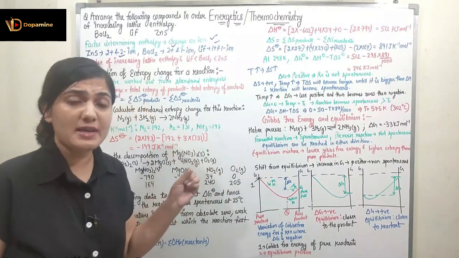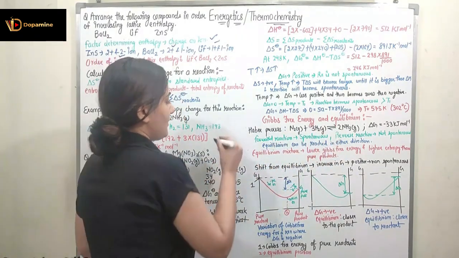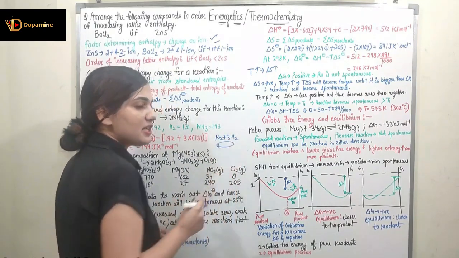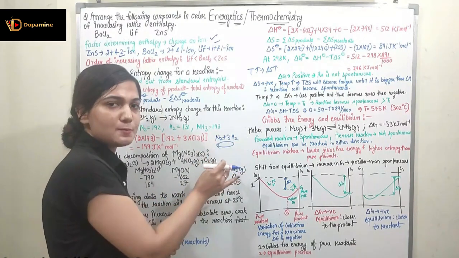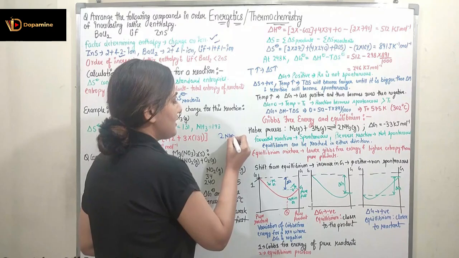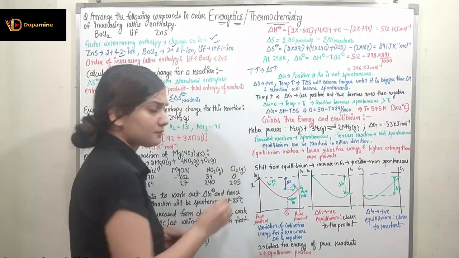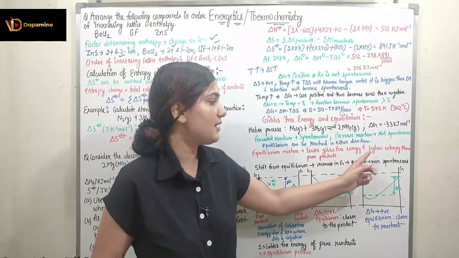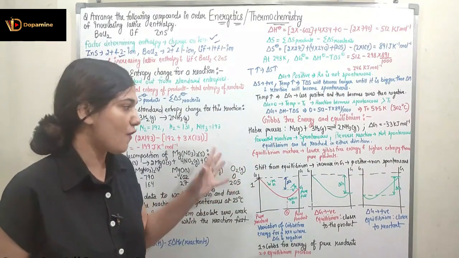Now if I talk about equilibrium, equilibrium can be reached in either direction, right? Even if you have the initial reactants N2 plus 3H2, the equilibrium condition will be reached where we have the reactants as well as products. And even if I am starting with 2NH3, there will be an equilibrium condition achieved where we have the products as well as reactants. The equilibrium mixture will have the least Gibbs free energy and the highest entropy compared to the pure products, right? And this is the advantage of the equilibrium mixture.